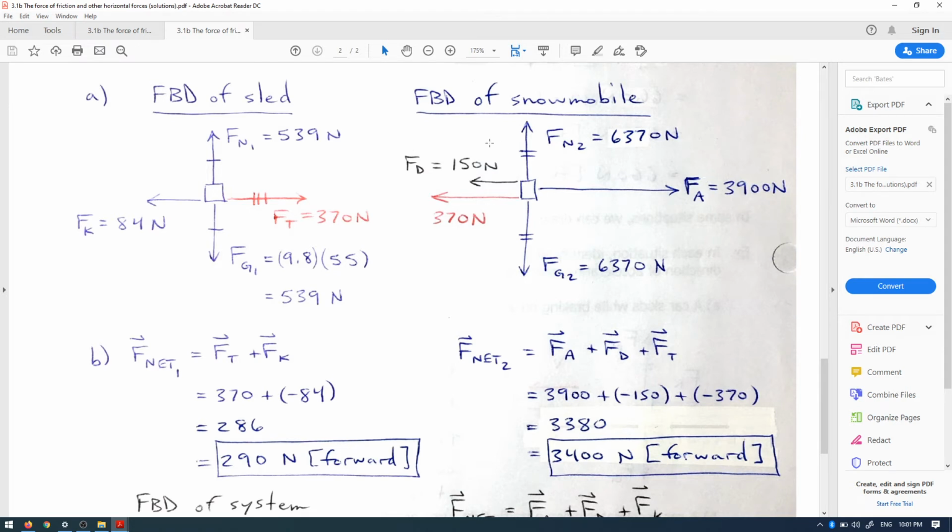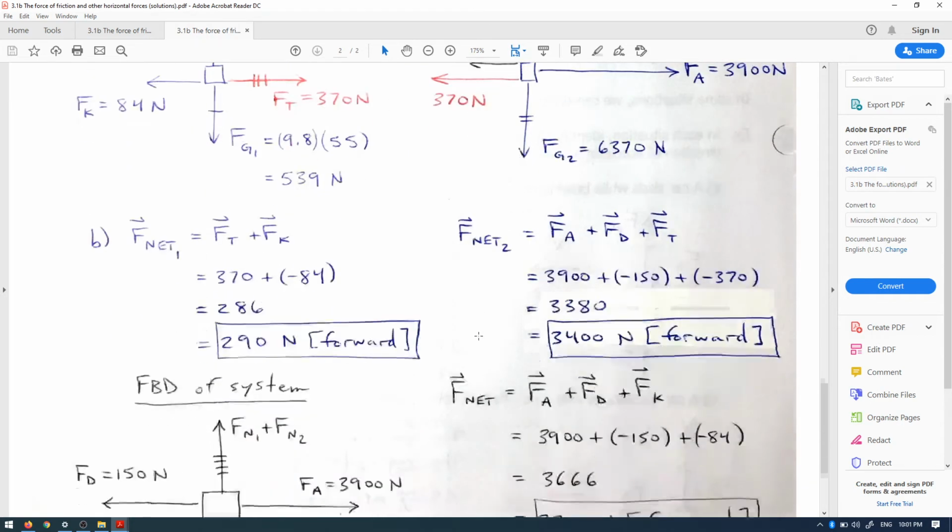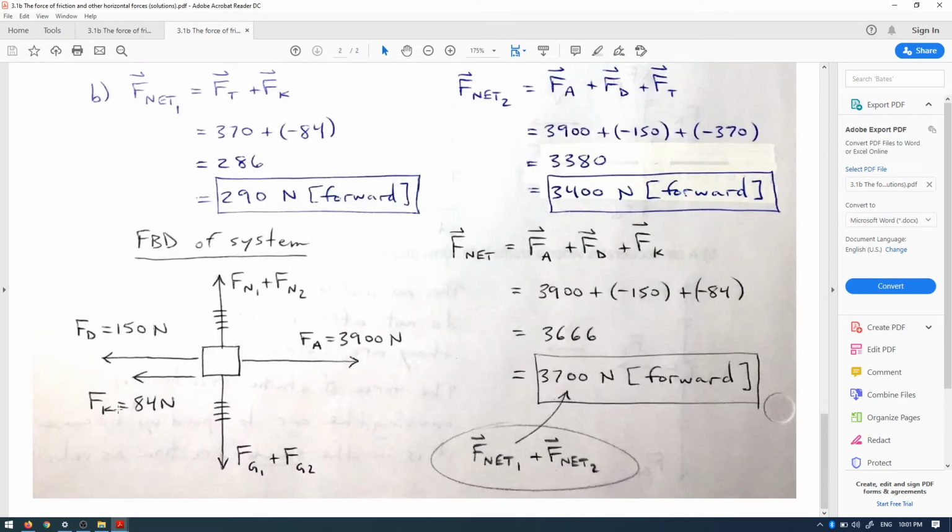I have FA, FD backward, FK backward, and two normal forces up top, two gravity forces in the bottom. If I combine them, this is the diagram I get. Okay, and if I want to do a net force on the entire system as a whole, both the sled